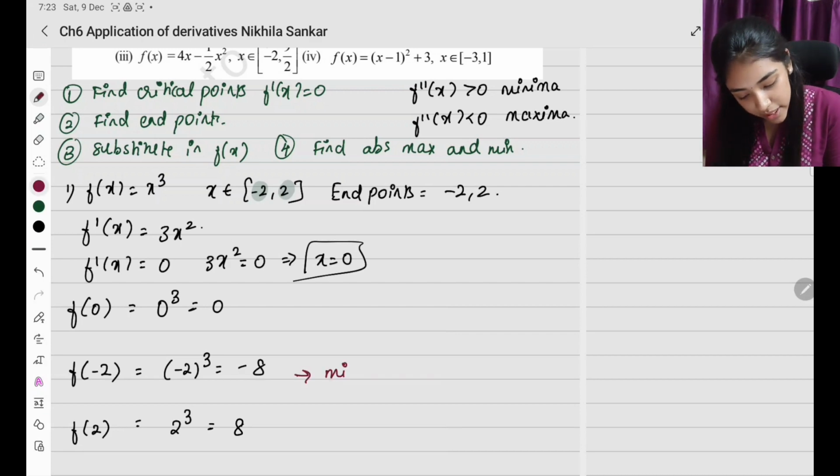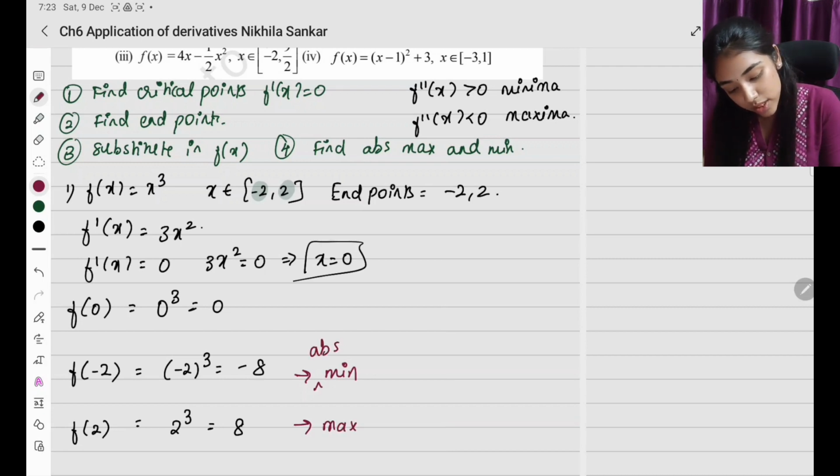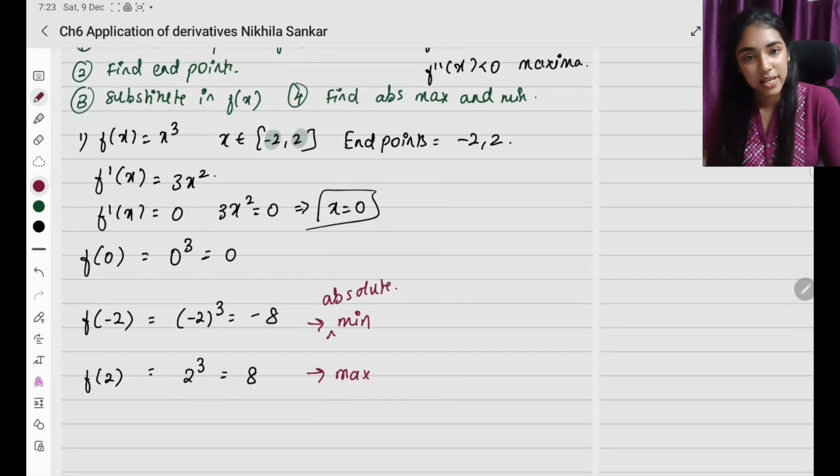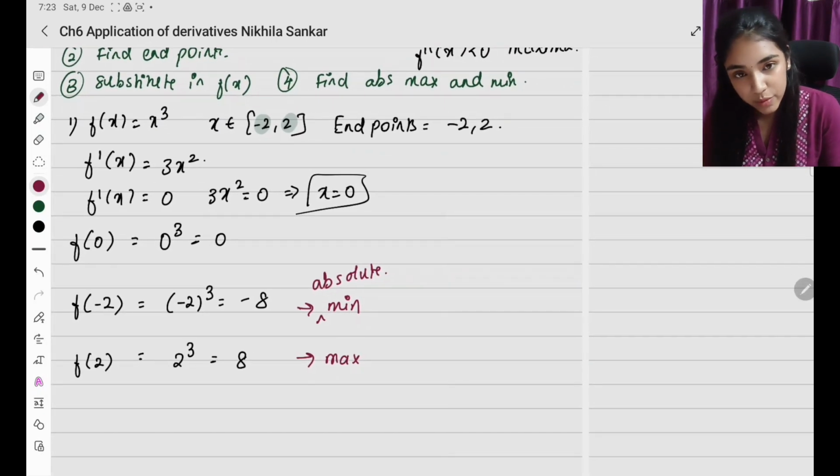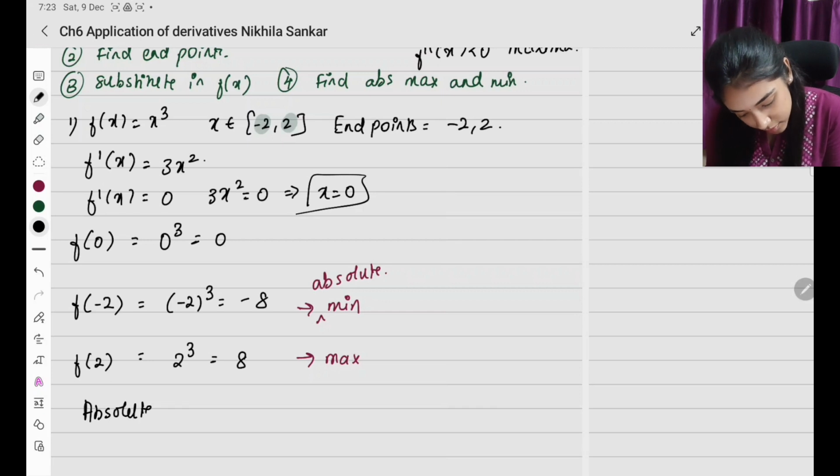This is going to be my minimum value, and this is going to be my maximum value, and we are talking about the absolute minimum and maximum. So from this fourth step, find which is the maximum and minimum. So my absolute maximum